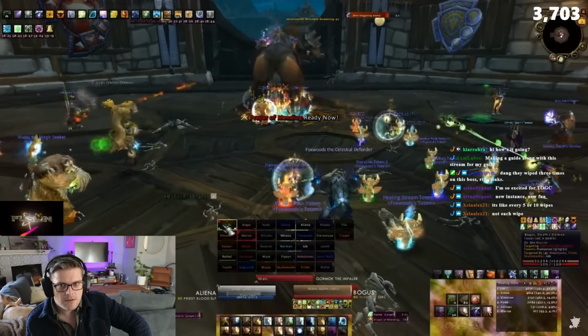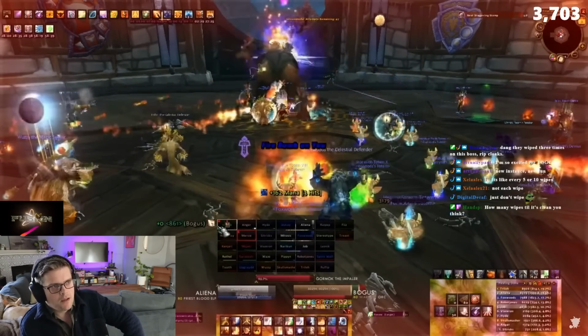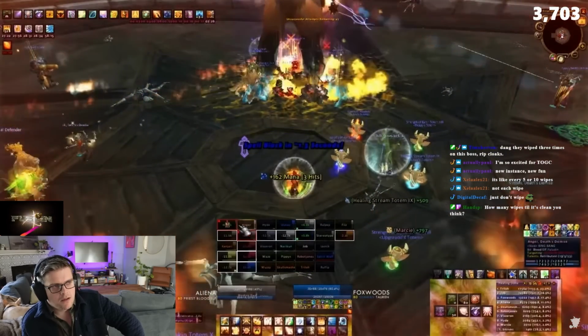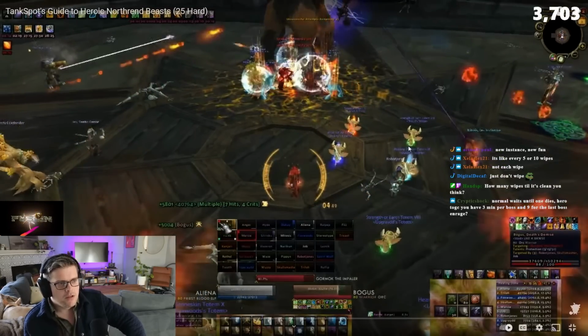Here we go. In the heroic Northrend Beasts encounter, you won't be faced with any brand new abilities, but you are instead presented with a very tight enrage timer of approximately 520 seconds, or 8.7 minutes, as well as very hefty damage increases. Additionally, every mob